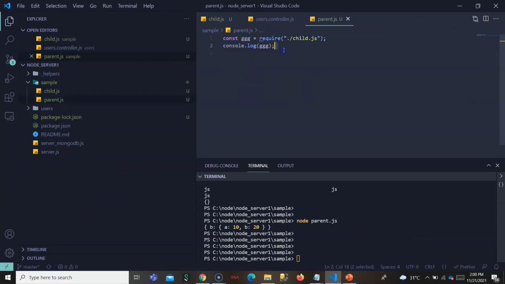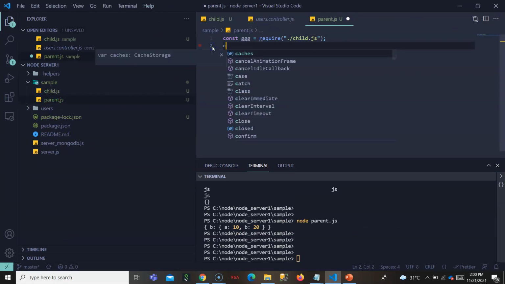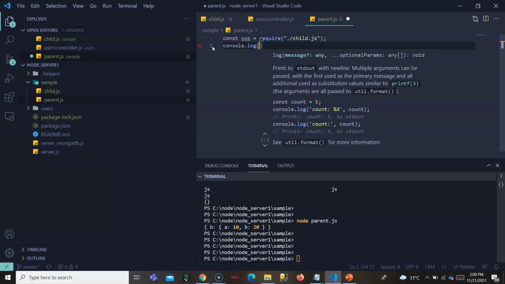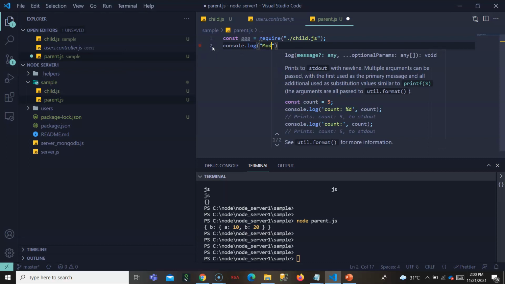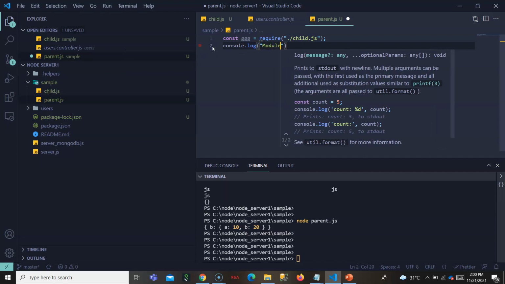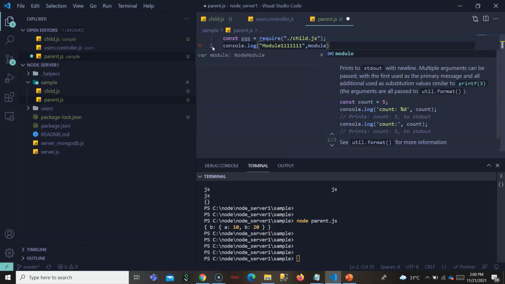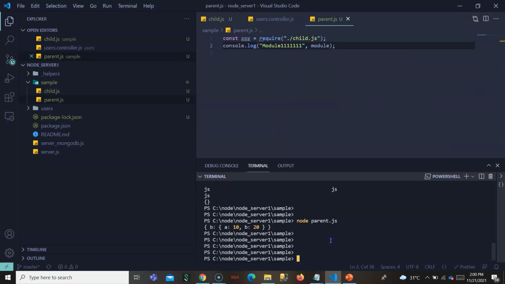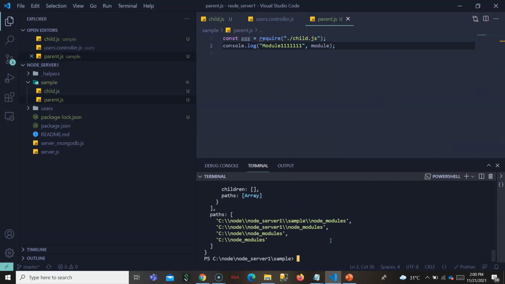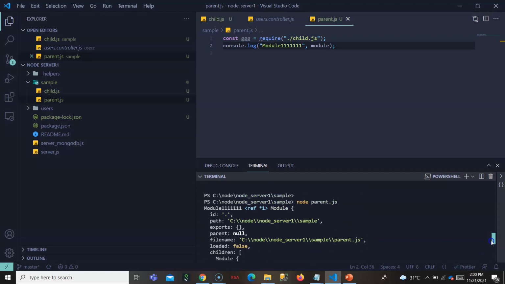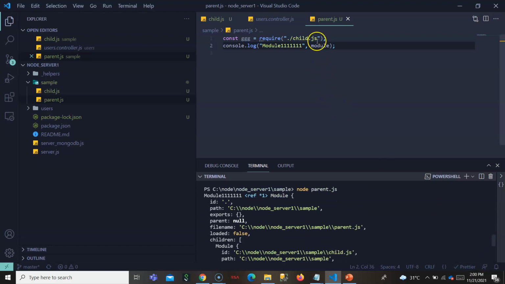Let's try to print the module, to see what is present in module. Now if I execute, we will see what is present in module. So this is what is present in module, and it is present in all CommonJS modules.